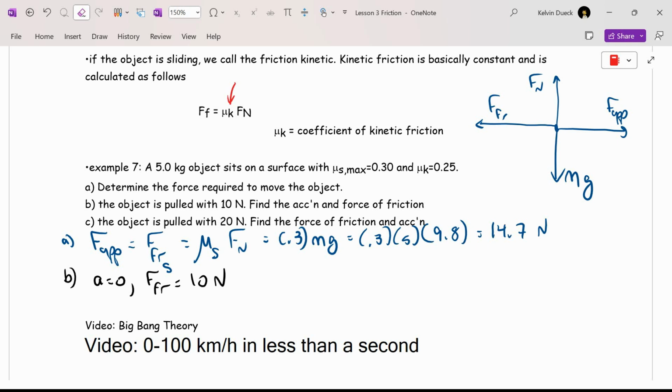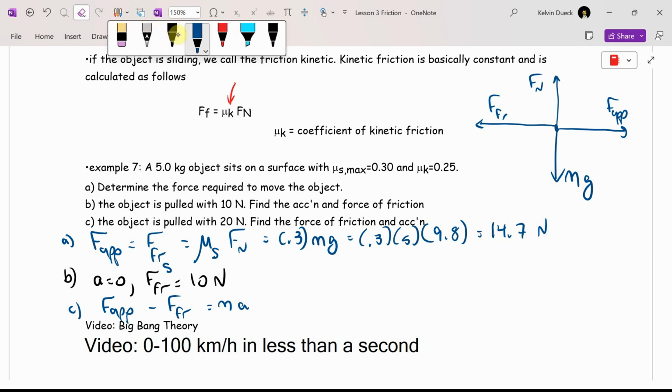Yeah. So now we're going to have a different equation for part C. Now F applied is winning. So it's going to be who's winning? F applied minus who's losing? Friction. What's that going to equal? MA. But friction is not 14.7. In fact, the first thing it says is actually find the force of friction. Friction now